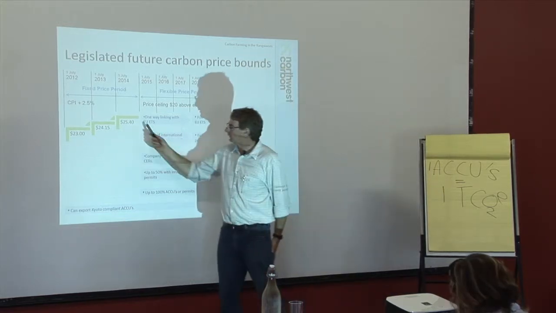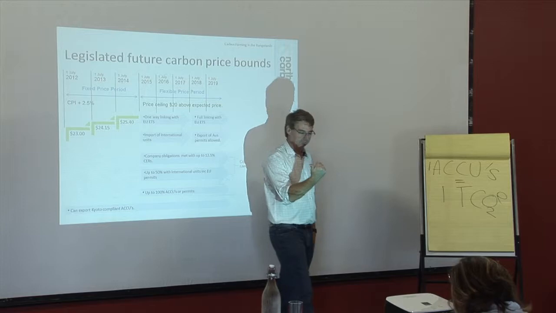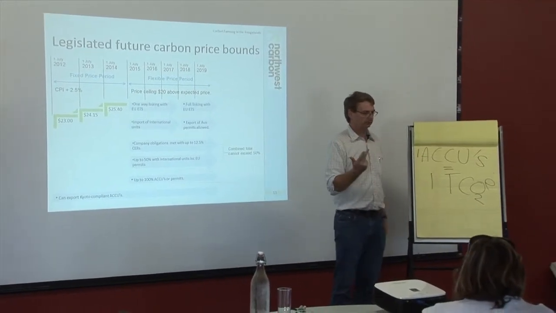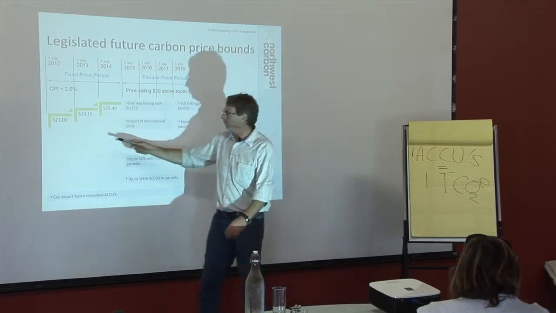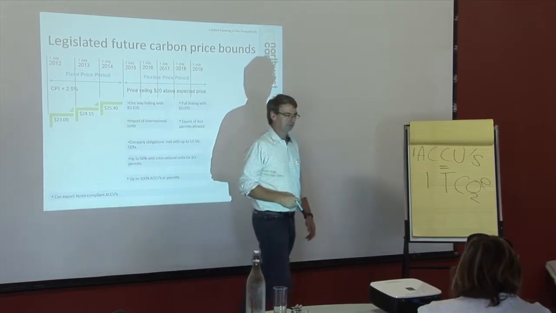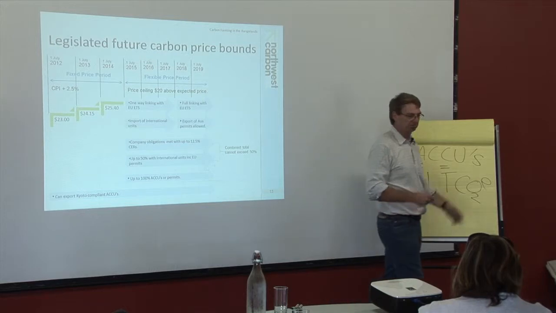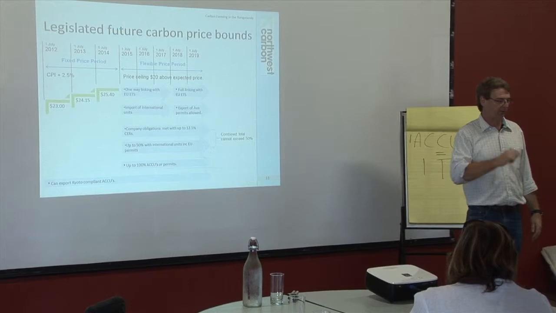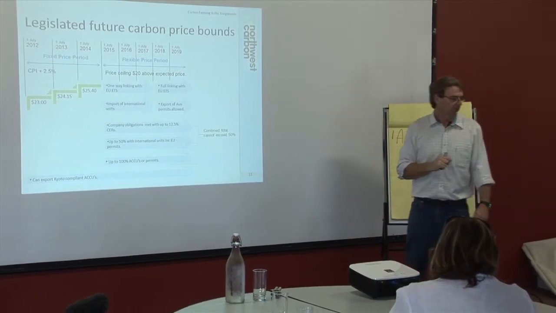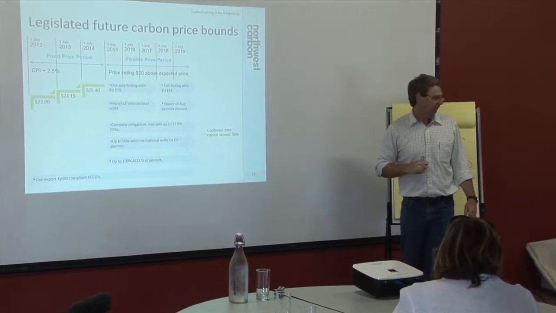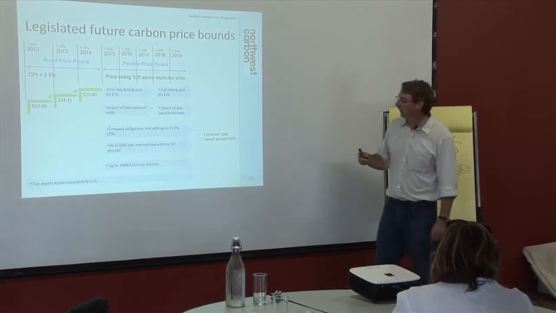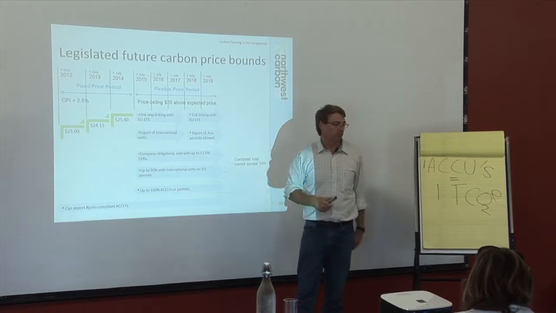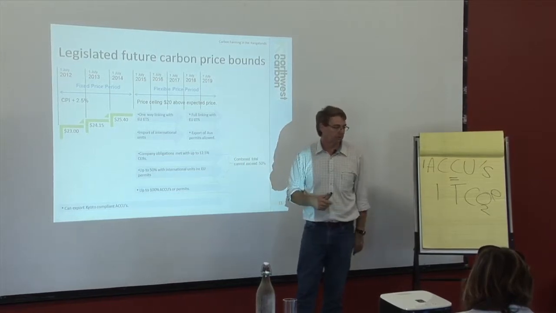In this period, they've got 3 choices: buy a permit, reduce their emissions, or buy a credit. If a permit costs you 23 bucks a tonne and they can reduce their emissions for less than that, they'll probably reduce their emissions. You know, if they can put in some piece of technology that reduces their emissions for less than $23 a tonne, they'll probably do that. The same for a credit. If they can buy a credit for less than that, who knows, they'll probably do that. They'll have some other drivers, but